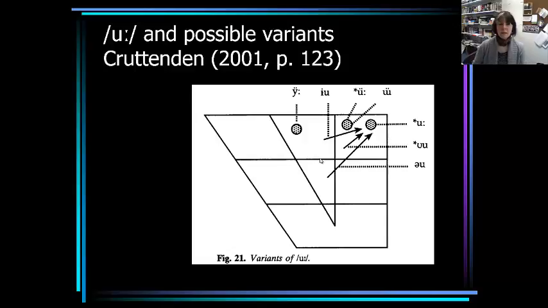Now this is a vowel chart showing the possible variants for the vowel oo in English. So we're looking at the goose vowel. Now we write this with this symbol here. But actually it's not very much like cardinal vowel 8. So cardinal vowel 8 is here, and it's a rounded vowel. That's this one. So we've used this symbol, which is the cardinal vowel 8 symbol, to represent this vowel sound